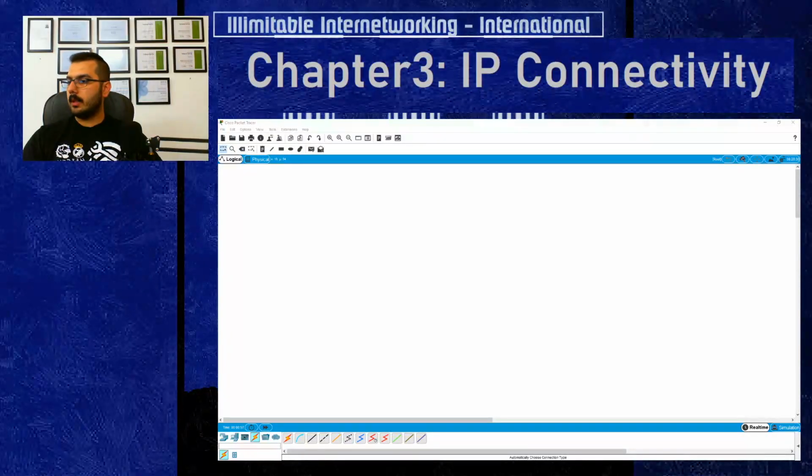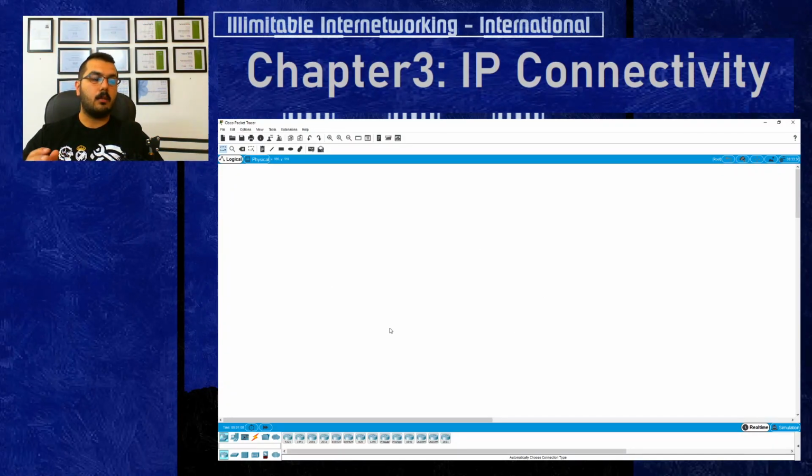Lab number 2 will be complicated. It will have a lot of configuration and devices, but I hope you will enjoy it. In the topology, I'm planning for multiple connections, maybe 2, 3, up to 4 connections per each device, per each router. Routers available here are annoying to achieve 4 up to 6 interfaces per each router. So just like static route, we will use the multi-layer switch because it's more than enough in such cases and